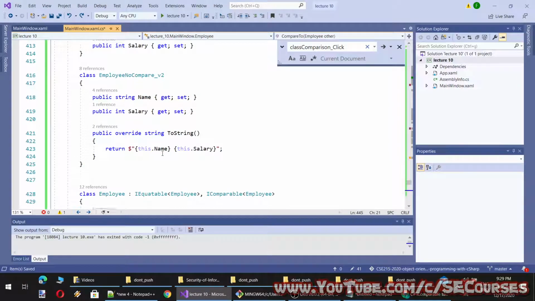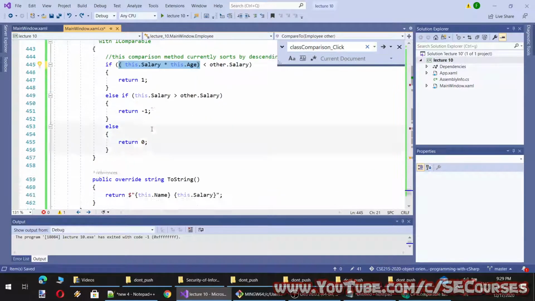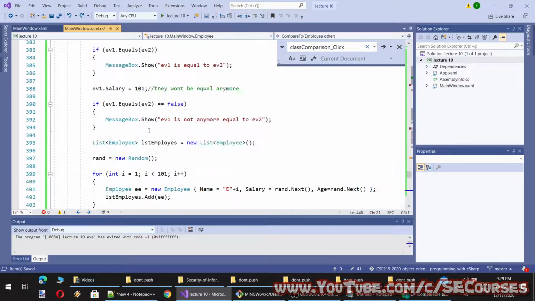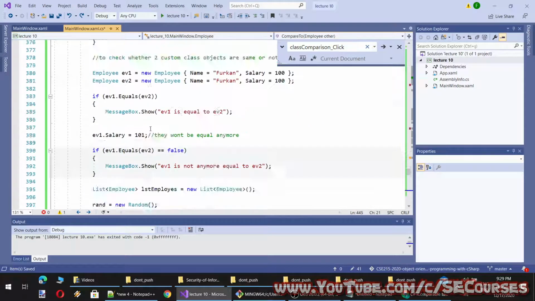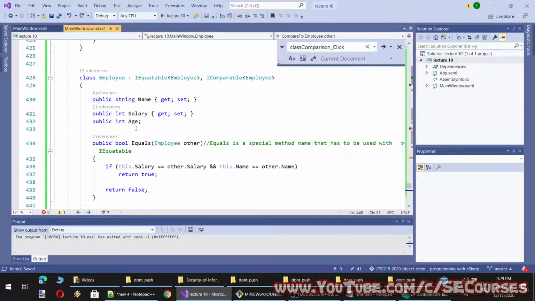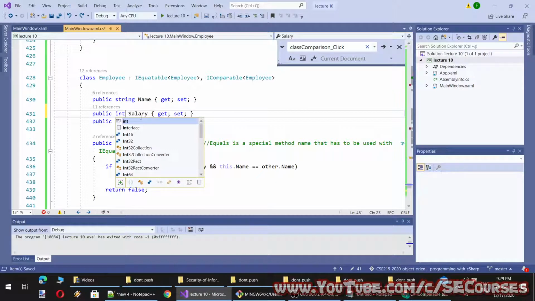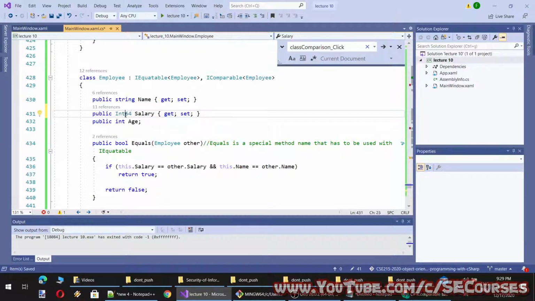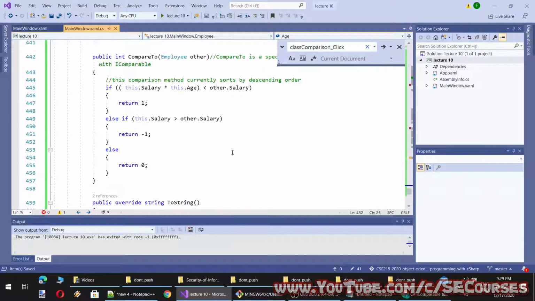Therefore, we need to change these to Int64. Let's change them to Int64. Okay, now it should work because this way it generates only integer.